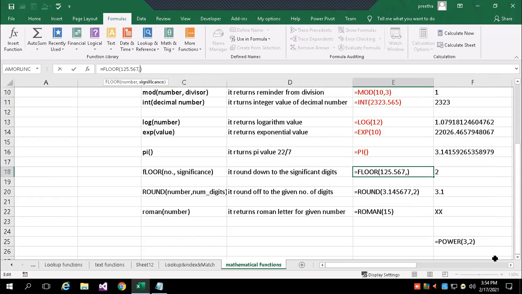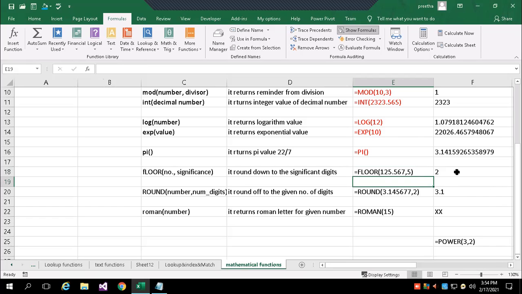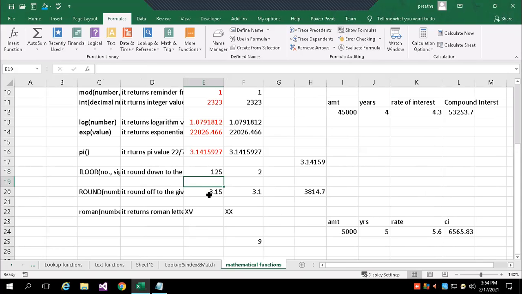So if I say 125 and give 5, it gives multiples of 5 within 125, and that is your result. I'll show you the output. Then to round off to the next nearest number, you can use round. Then Roman, you will get exactly the Roman letters. So I'll turn on show formula. Now you can see the result of the values.